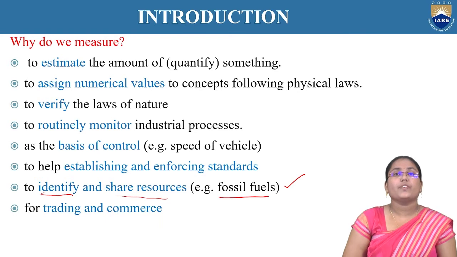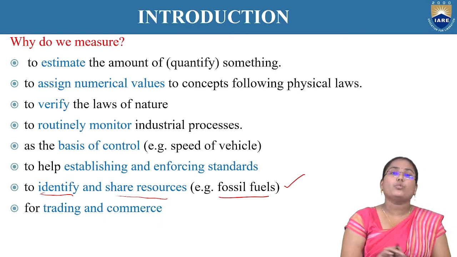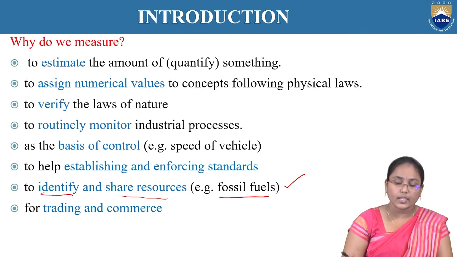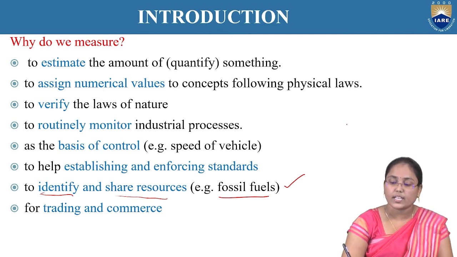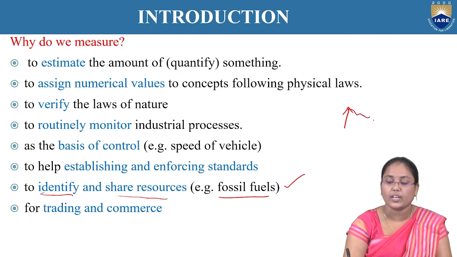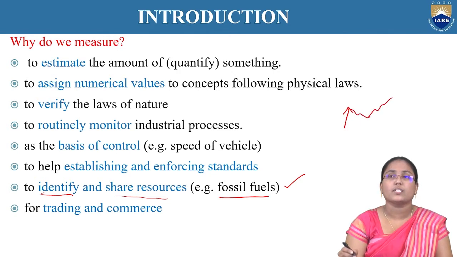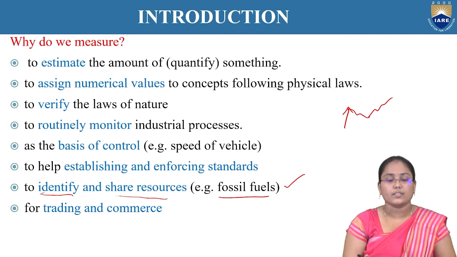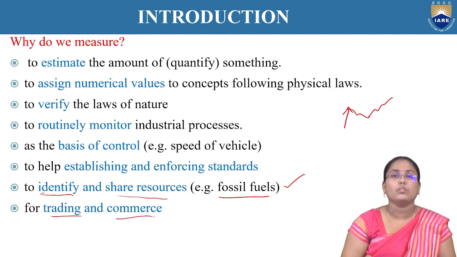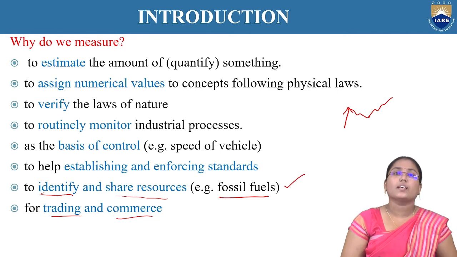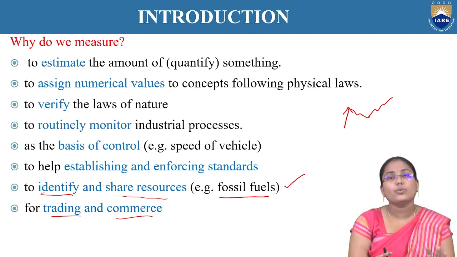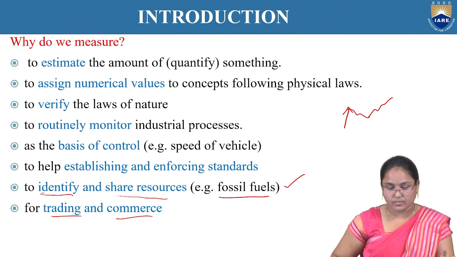And the next thing is for trading and commerce. When we move to the stock market, for example, they'll be saying today the stocks have moved to this, it has increased, sometimes it has decreased, it has fallen, and again it has risen. So we have different analysis. In trading and commerce also, we have to measure how much profit there is, how much loss there is. On all these things we have to do some measurement process. So in this case also we measure it.